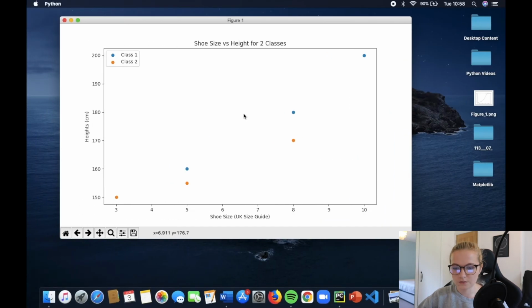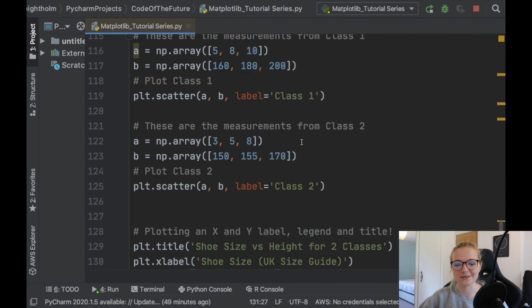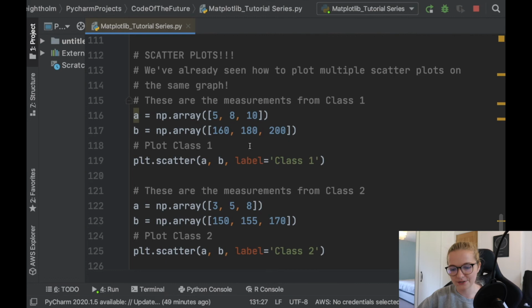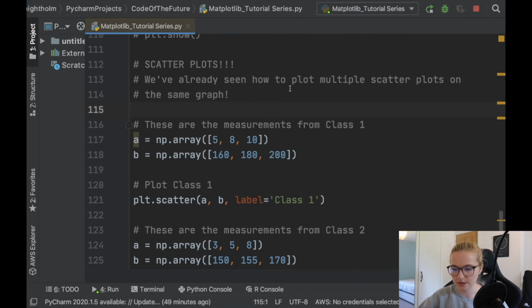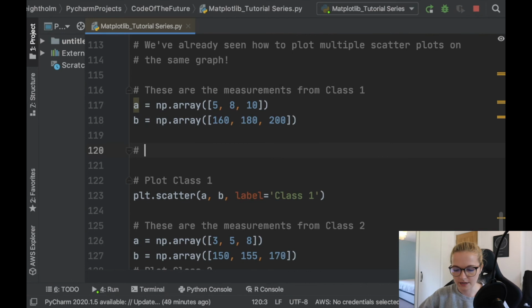So we've done this, we've got these plots here, and now I'm just going to show you how you can do some cool things with scatter plots, which I just think are honestly amazing. So something that you can do, and I'll just pop it here. So these are the measurements. Let's just break this down a little bit, have a few spaces in between. So these are the measurements from class 1. Now what I'm going to say is